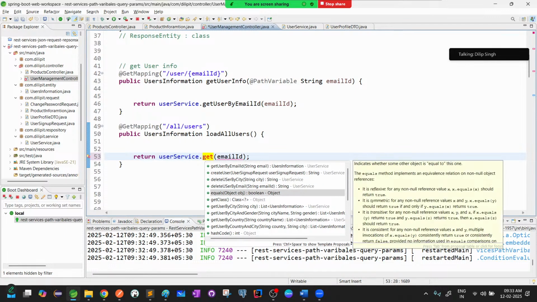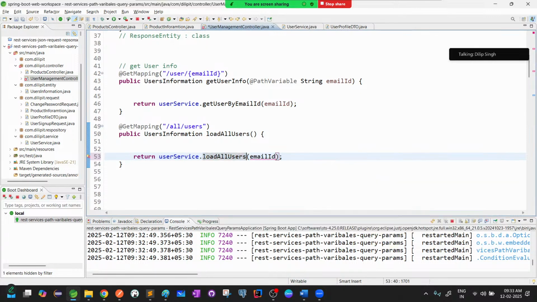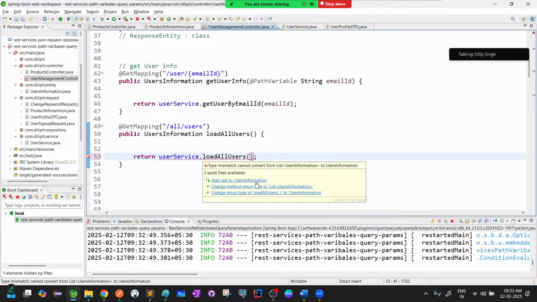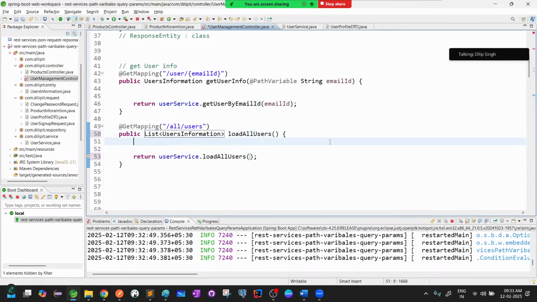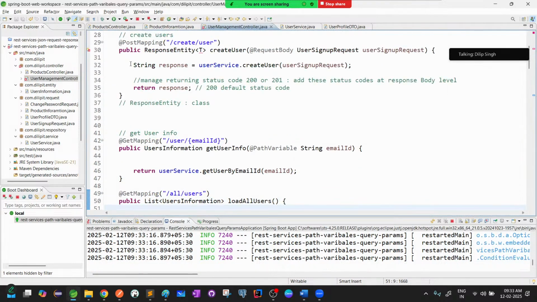Get users by email ID. Yeah, load all users. We already have it. Okay, return type is list of user information. So in this case, what is our response body? The actual response body is list of user objects. List of user objects. Single user object. In this case, string. Right? In this case, string. So that means wherever I return response entity here,